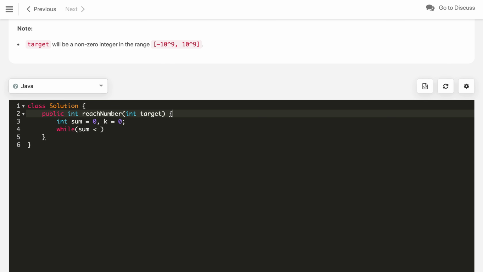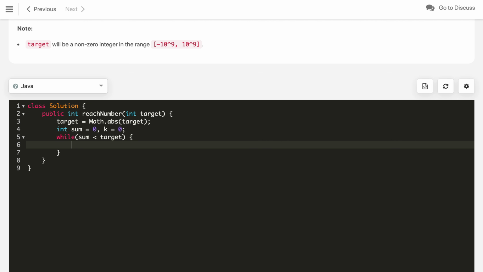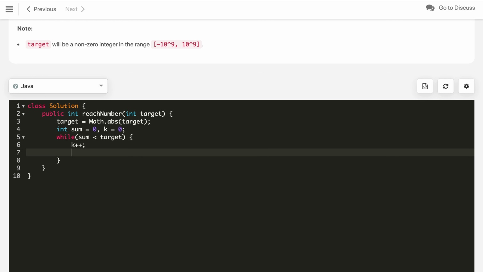So we will update the target: target is math dot absolute of target, as it doesn't matter. And if sum is less than target, then we will keep updating the sum. First we will update k plus plus, and then we will add k into the sum.